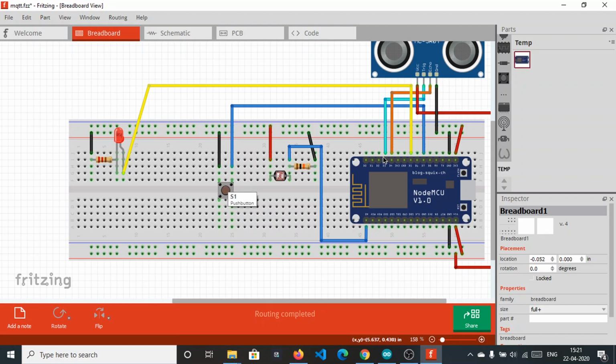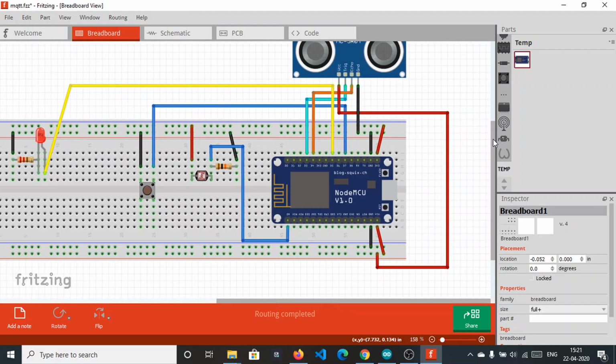It will always be high and we will detect for the low signal. And this red LED is connected with a 1k ohm resistor, and the positive end is connected to D5, which is a GPIO pin on the NodeMCU, and this rail is connected to ground.